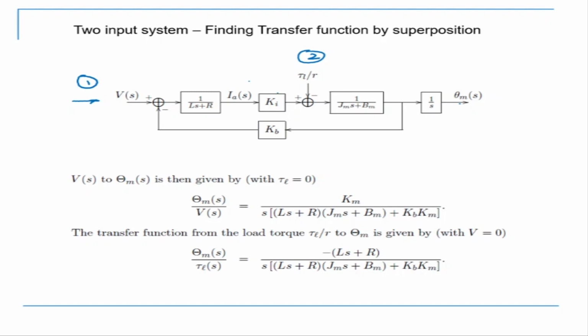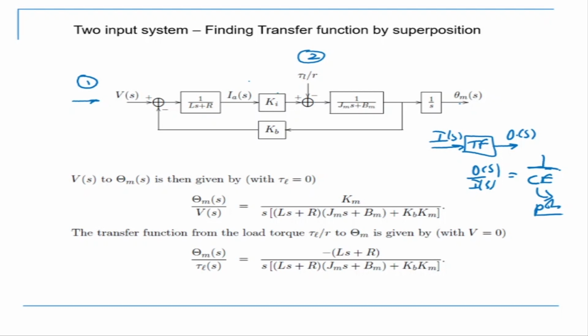Now I need to find the transfer function for this. Why do we need the transfer function? Because we need to talk about the stability of the system. In order to get the stability, I have to convert this into the form of an input-output system. This is my transfer function, this is my input, that's my output. So I basically need the output by input, which is my transfer function. Then I need to look at the denominator of the transfer function, which is my characteristic equation, look at the poles or roots of that, and then see whether the system is stable or unstable.